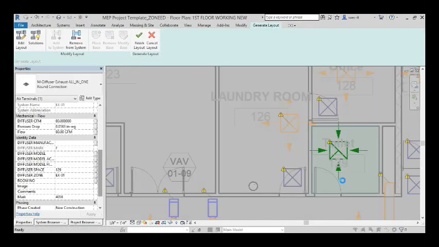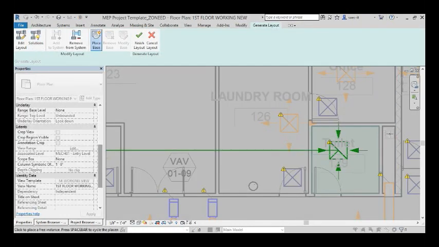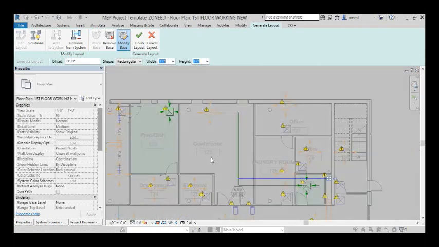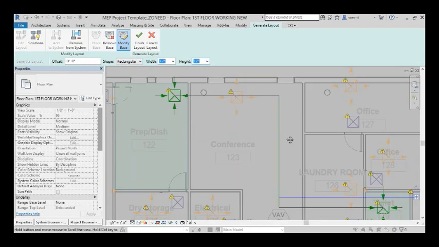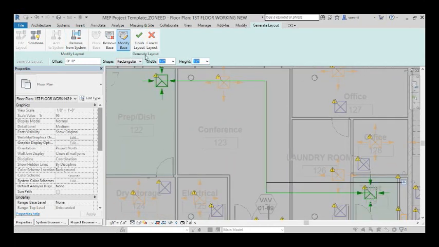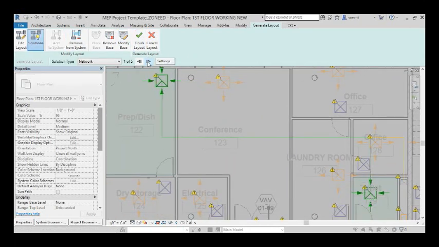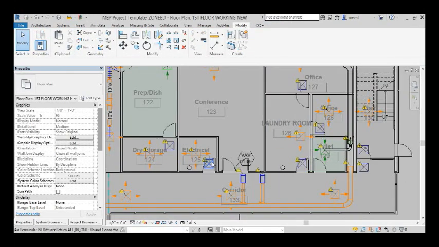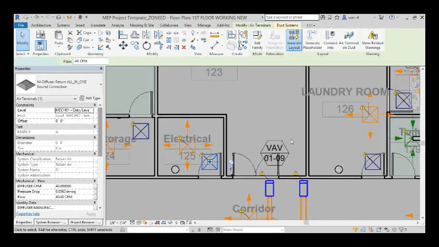But because it's a system, we can generate a layout. Put our base point, and click through. And there we go. So that one needs some work, but